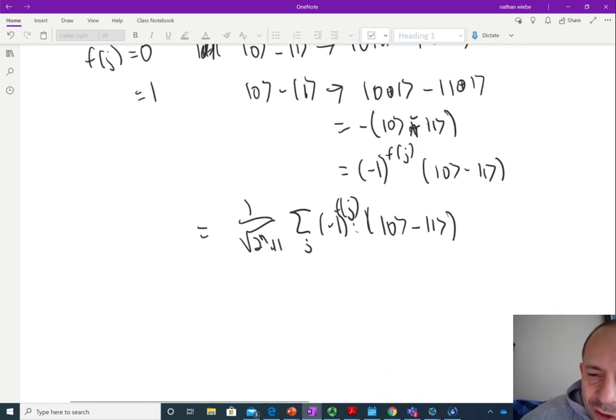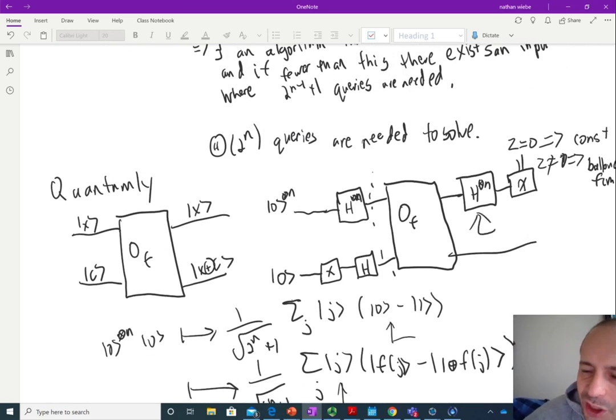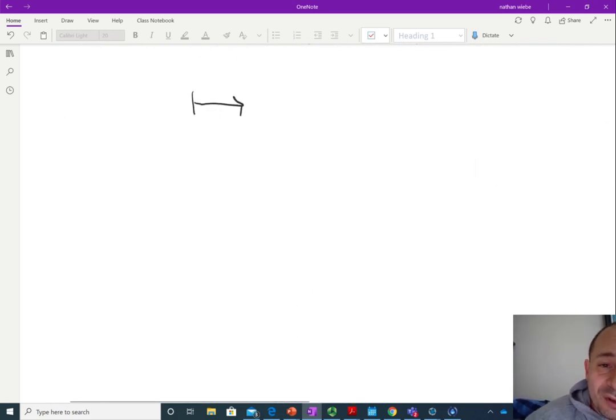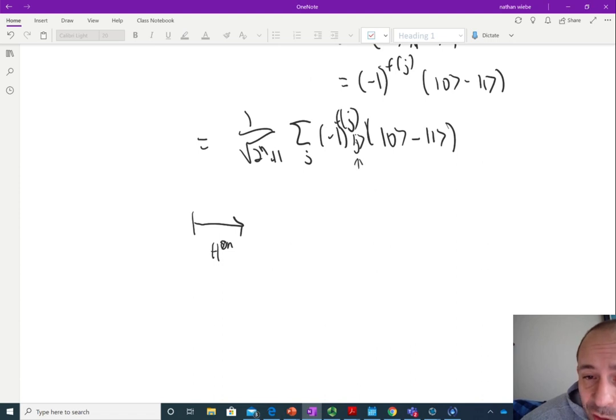Oh, and there should be a j here. Okay, now what we're going to do is apply the last set of Hadamard transforms on the topmost qubit. So applying H tensor n on this register over here ends up mapping us to 1 over 2 to the n square root 2 sum over